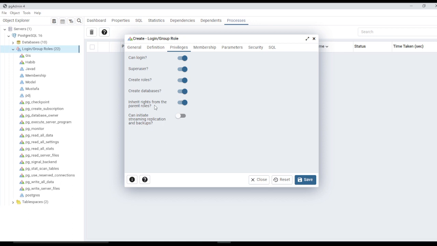So you can see I've got the inherit right from the parent's role, and we've got